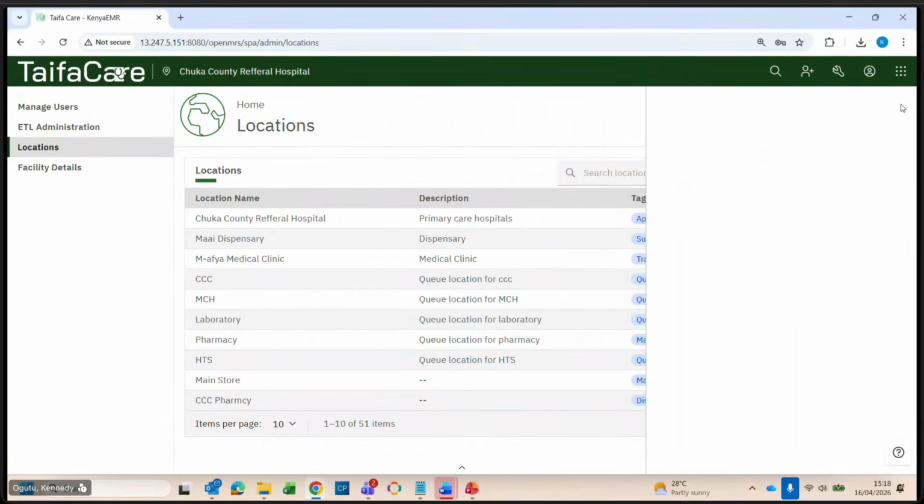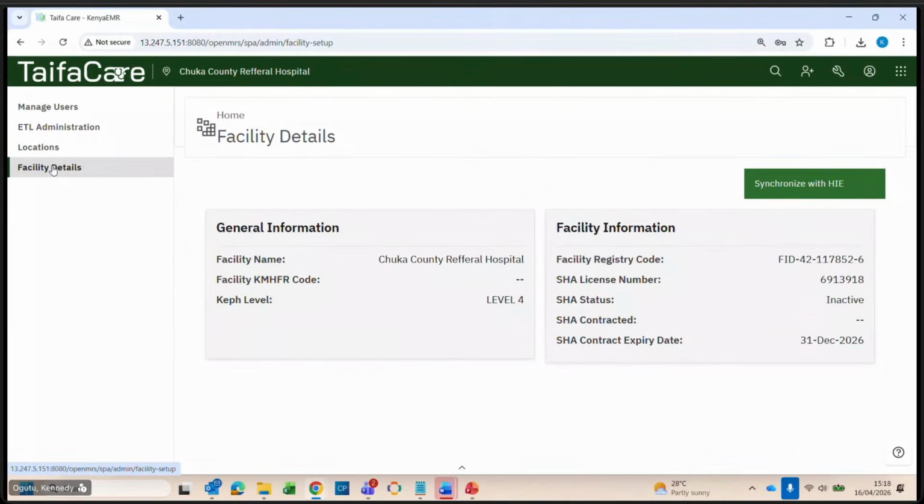Briefly on facility details, this is whereby after configuring the correct endpoint for the facility, you should be able to synchronize this with the National Health Information Exchange server so that you can get a token and also facility details. This will enable you to search for clients from the registry using the ID. You saw in today's session or yesterday's session whereby during registration you key in the patient's ID number, and then it pulls the details